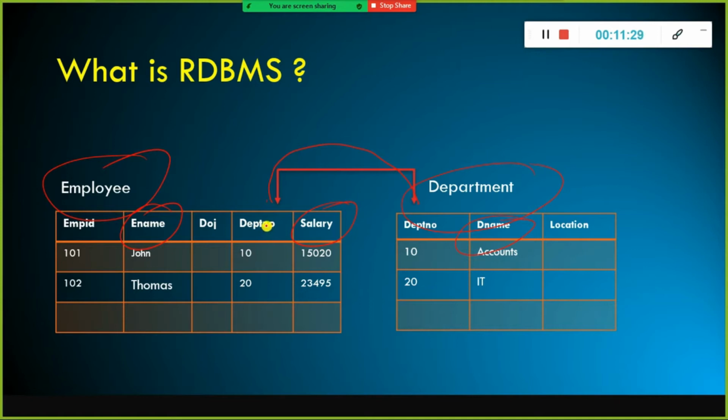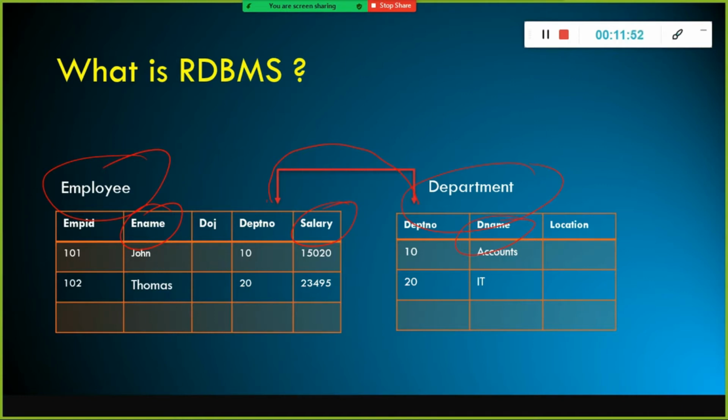Is it possible to get this? For example, I need the employee name, salary and department name. The values in all these three columns need to be shown in my report. So how do I do that? It's simple common sense.